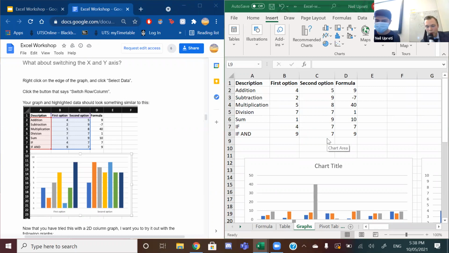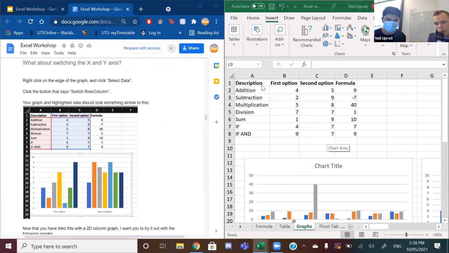Perfect. So how's everyone going with creating graphs and everything? Get a few thumbs up. Yeah. Good. All right. Awesome. So there's one area that we want to cover, which is the idea of switching the X and Y axis. The current tables that we've designed are, as you can see, like this,